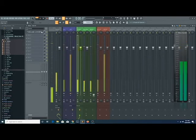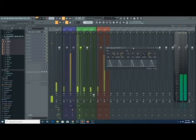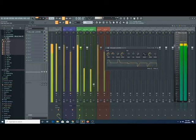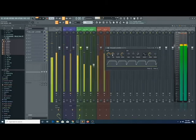And then we're going to go back over to the peak controller. We're going to open it up, and you may notice the knob goes all the way down. All you would have to do is bring this base knob up. But now you hear it's going all the way up, and it's doing the opposite effect of what we want. But this right here controls how far it dips down. So if you bring it this way, it makes the 808 go higher. Go this way, it makes the 808 go down. And so you would raise the volume of it until you're satisfied, and bring it back to where it was at. And now it's doing pretty much the same thing. Now the decay